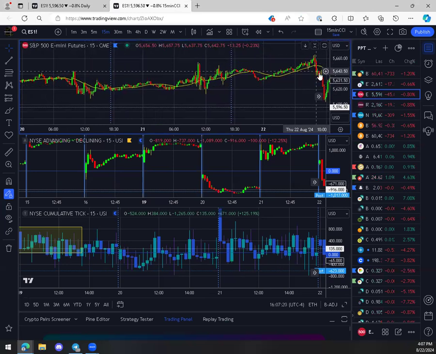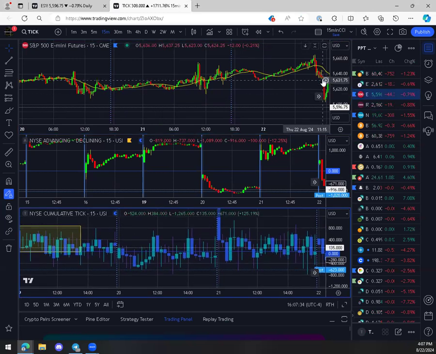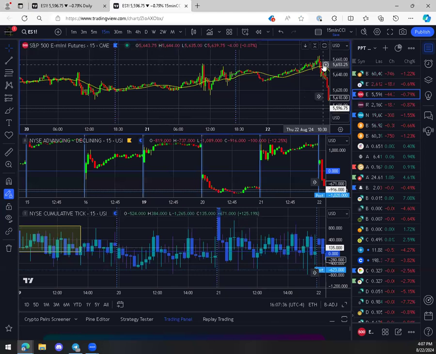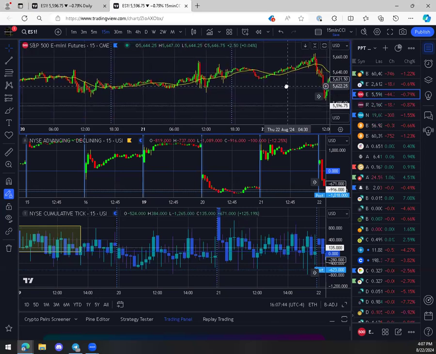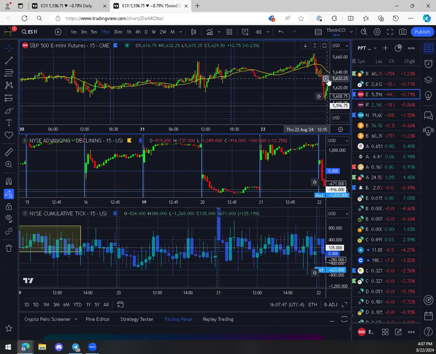So there was a lot of conviction, basically, that when this open drive failed, we had an open drive down, and this basically took out all this data. This confirmed it. We had a huge reversal in the tick, so it was likely this was going to be a trend down day, at least this part of the day. Now that doesn't mean that you can start shorting this because we were really at the lows and it wasn't breaking structure. But where was a lower risk, second-class entry here? This is at noon, so there's the afternoon session left, right? This is the high of the day, and that's the low of the day, and this is at noon.